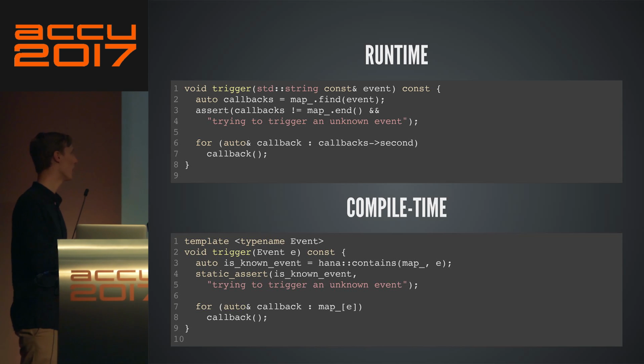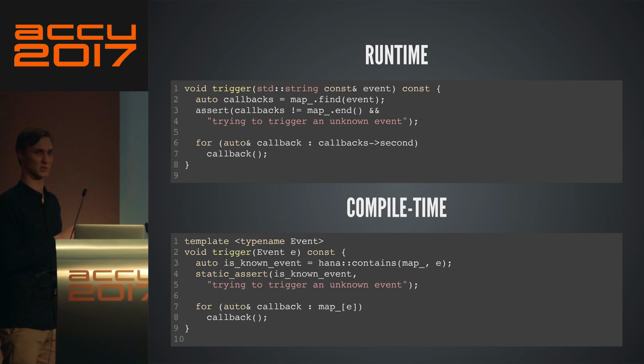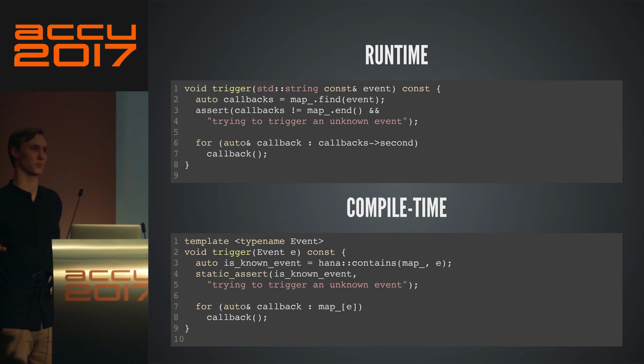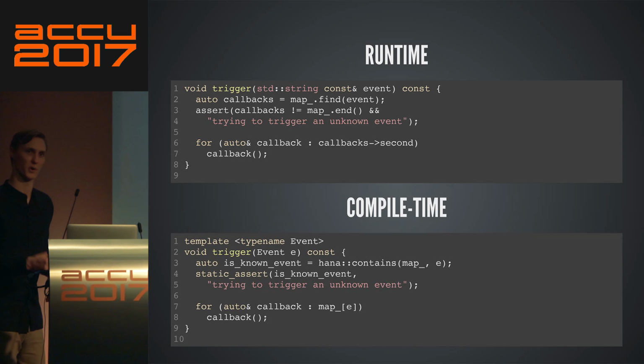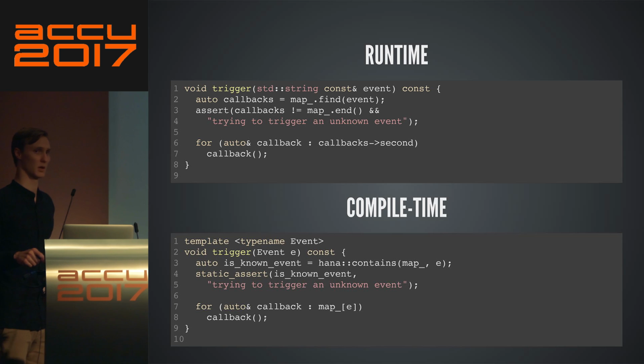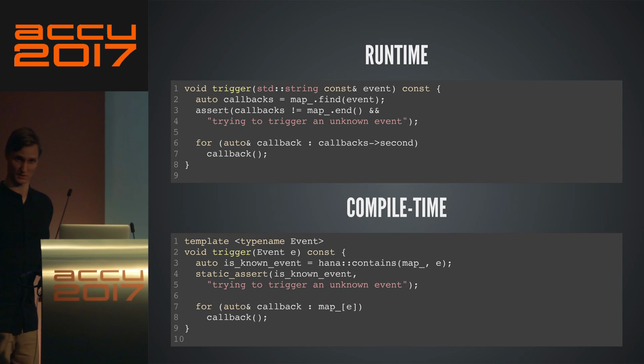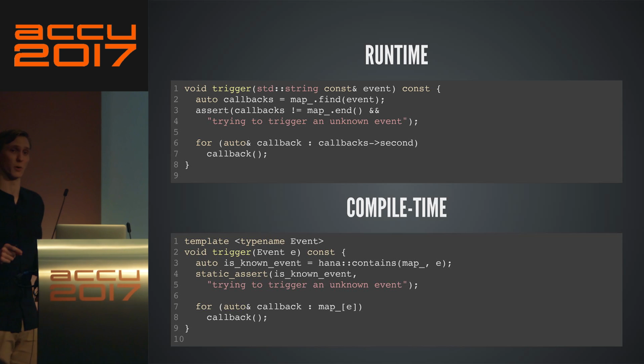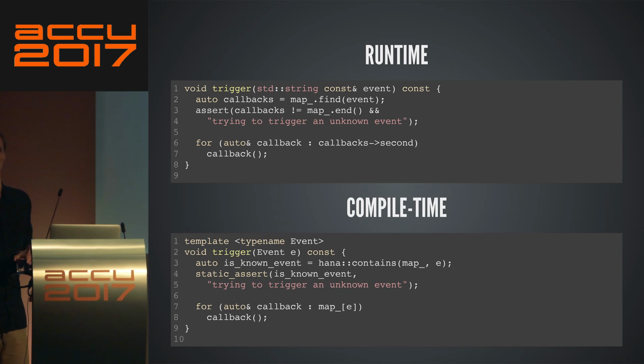Yeah, okay, so yes. With Hana, I'm generating the map at compile time, and std::map can't do that because it's a hash table, right? It's a completely different beast. It must assume that maybe you're going to insert stuff in it, and maybe erase stuff from it, and so on. So it has to be mutable. I don't have these requirements. Not only that, but I also know the value of the keys in advance, which means that if I even wanted to build a hash table, I could at least do a perfectly hashed table. I could figure out the perfect hash at compile time. So I've got more information, and I'm taking advantage of it.